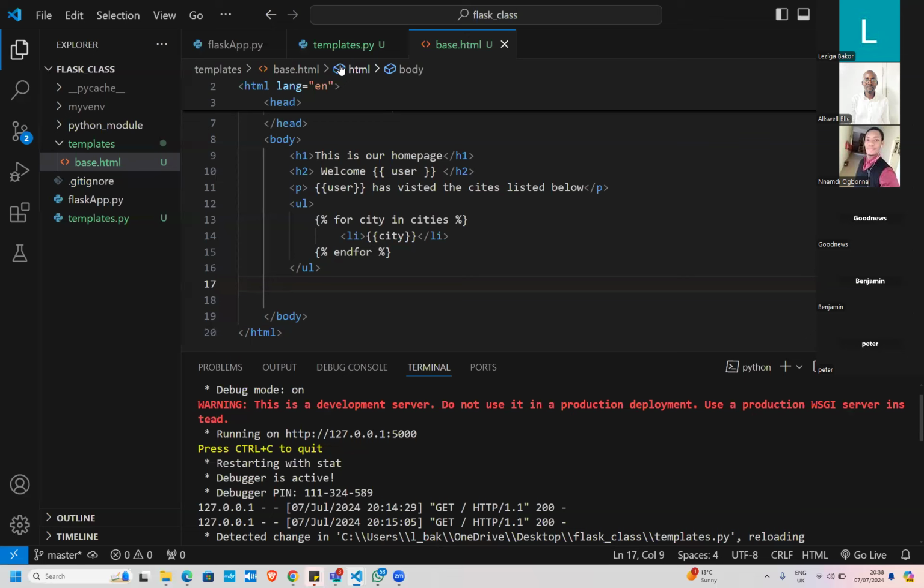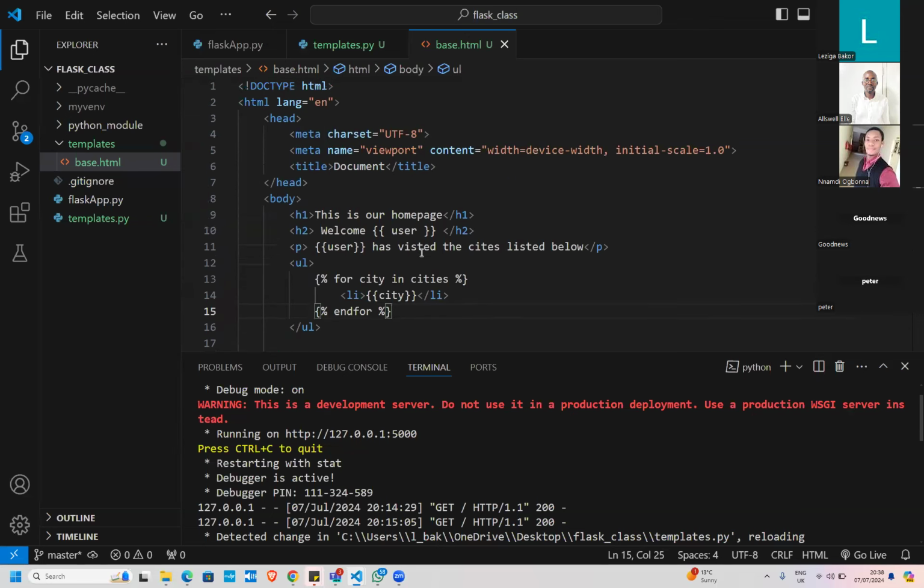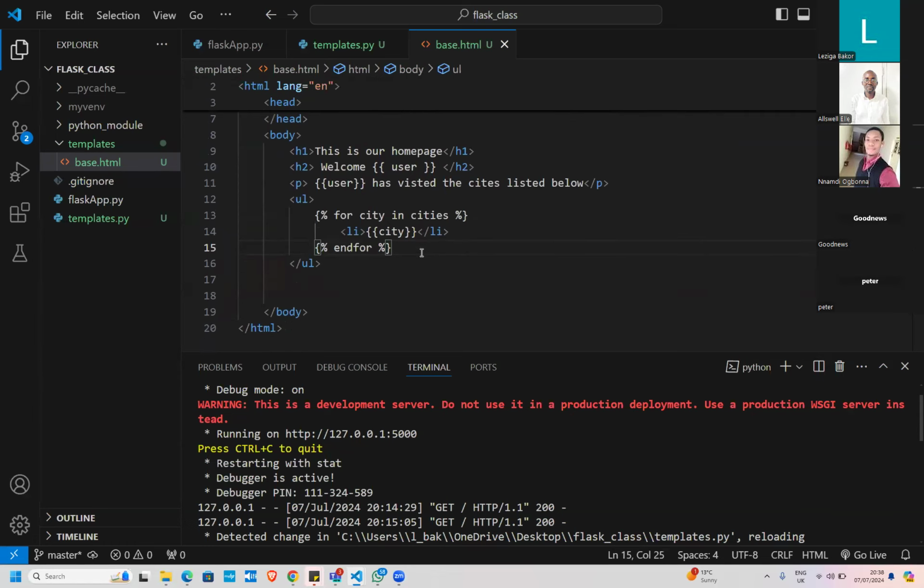Now with Flask, we're able to have this kind of effect of control flow in HTML. So you might be writing an application where you need to list something, and you could just achieve it like this. Now, in addition to having a for loop, we can also have an if statement or if condition